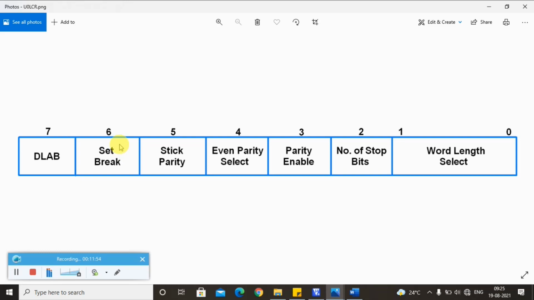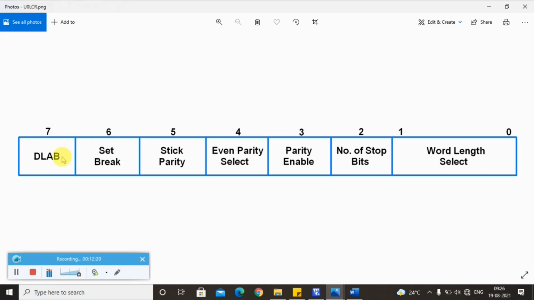We know that in LPC2148 based on ARM7 architecture, we have full word, half word and byte. Full word means 32 bits, half word is 16 bits and byte is 8 bits. To differentiate this we use this kind of break control. Please make a note of this point. It means that after every 4 characters it tries to differentiate it.